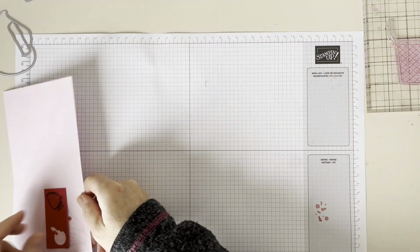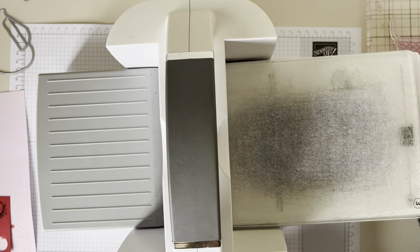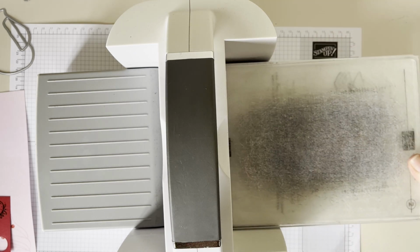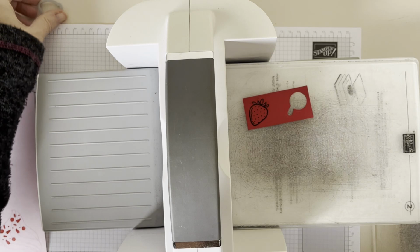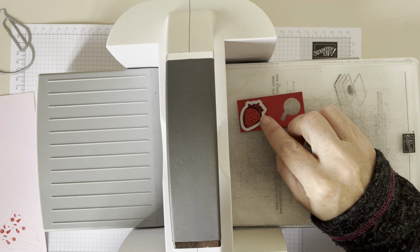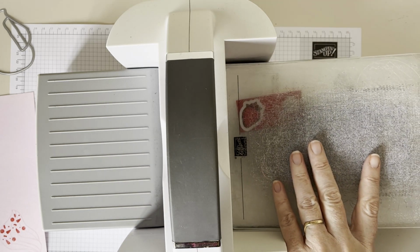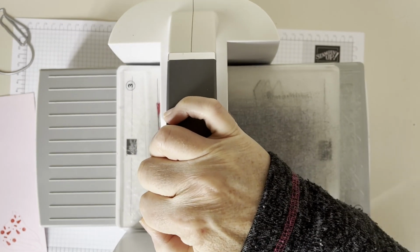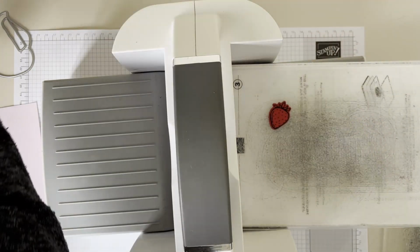Okay, so now let's cut out some of these items. Let's just move some of those out of the way. Okay, so I'm going to cut out the strawberry first. Looks about right there. Didn't move that too much. Oh, it's not too bad. And then